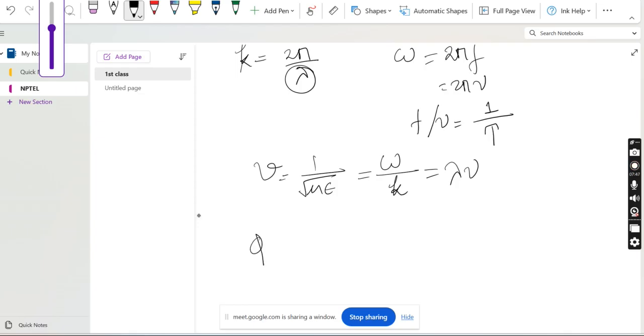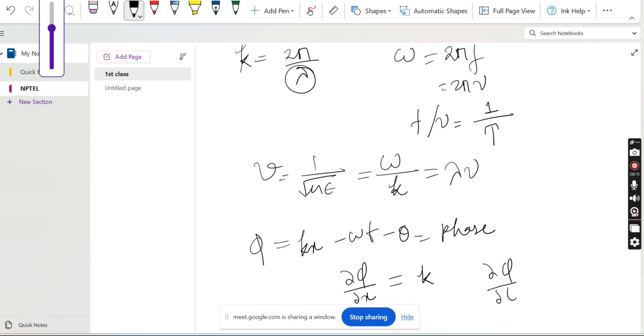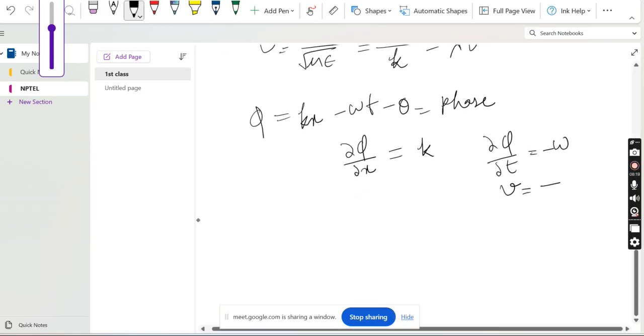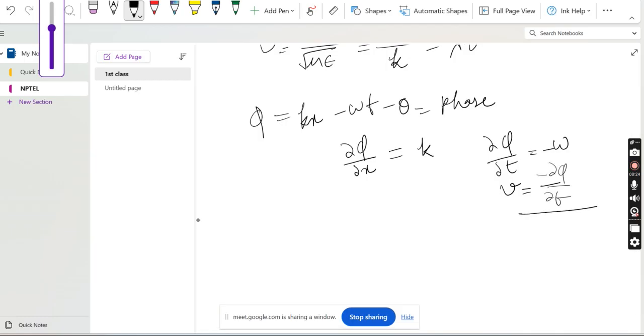So we call this thing kx minus omega t minus theta a phase. So this thing is phase. If we take a partial differentiation with respect to x, we get k. And if we take a partial differentiation with respect to t, we will get minus omega. So we can write v as